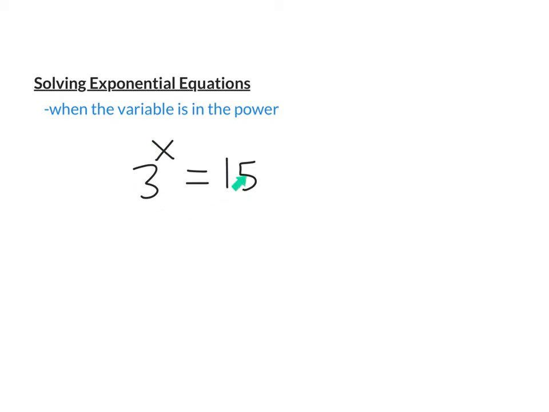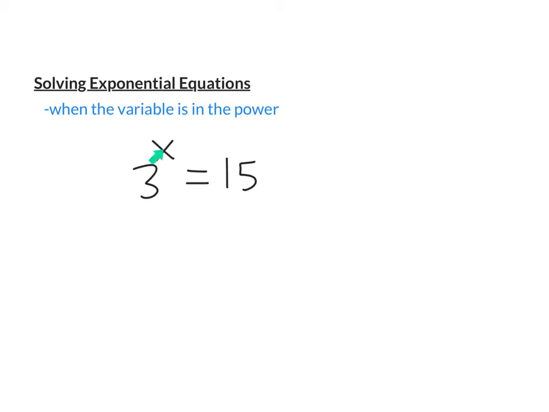Well, I can't come up with the number 3 to some power equals 15. The only way to come up with 15 is 3 times 5 or 1 times 15. And there's no way to take 3 to a power, because 3 to the second is 9, 3 to the third is 27. It's not going to work. So the way that we get this